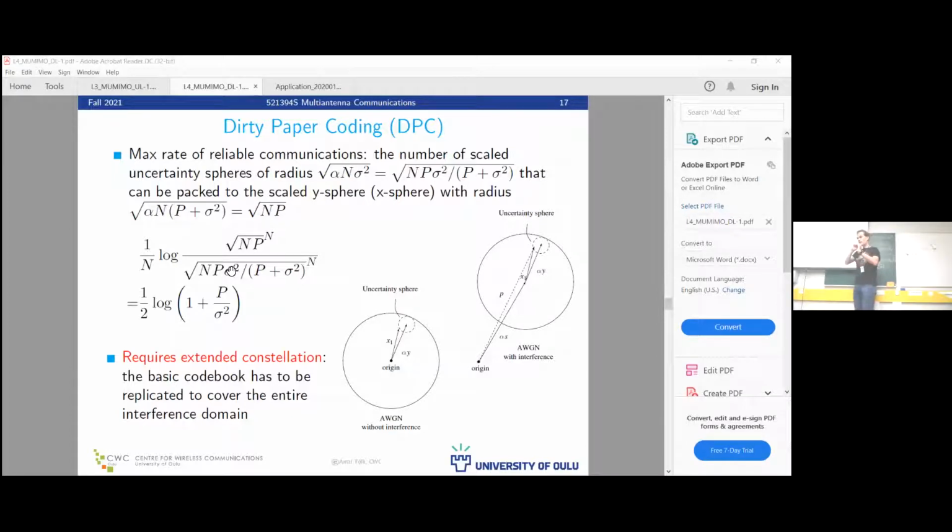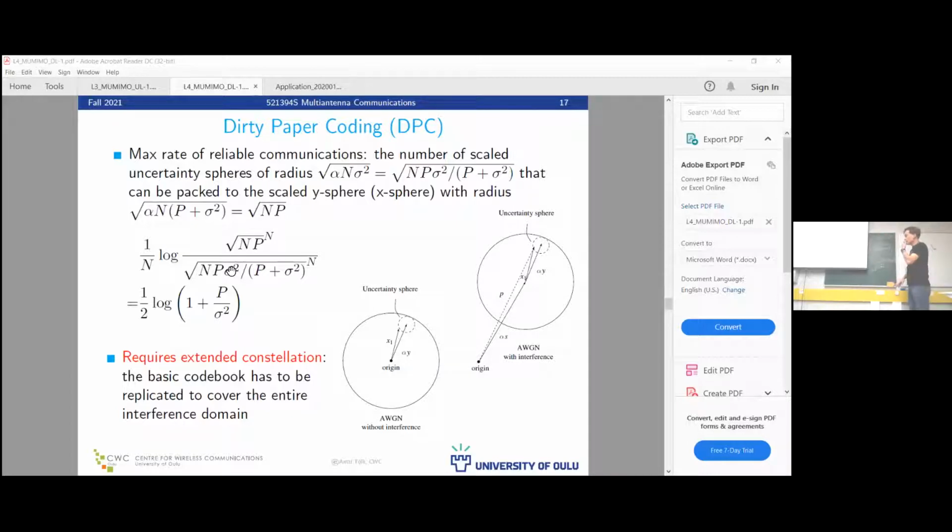You assume that you have already generated a message, then given that the user has this extended alphabet available, shifting the origin to the new point given by the existing interference and picking the vector pointing to that desired symbol in the extended alphabet gives that receiver as if there was no interference, right? Of course, this is not practical,